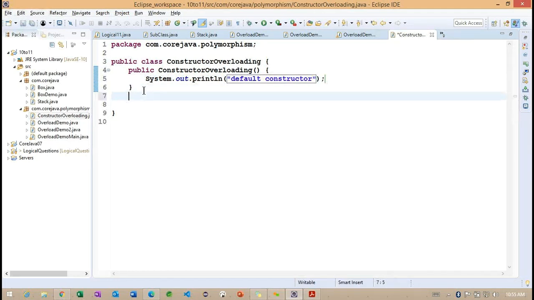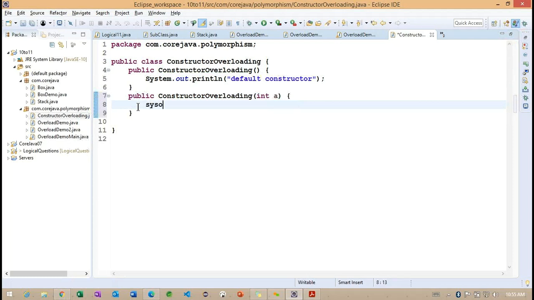Default constructor. And later we need to work on another constructor. Int a. So this is the parameterized constructor.